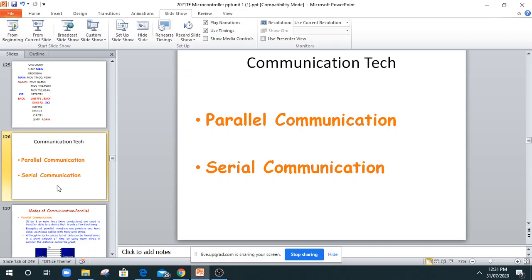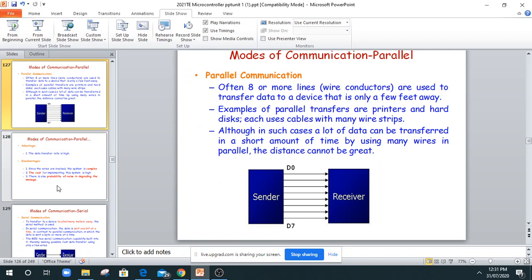All of you know that. Now in parallel communication the two devices are connected through a number of wires. Suppose our controller is an 8-bit controller, 8 pins are there, from D0 to D7 between the two devices.